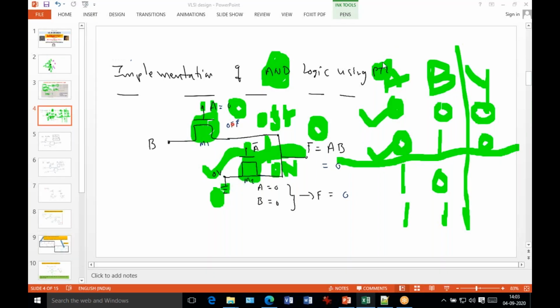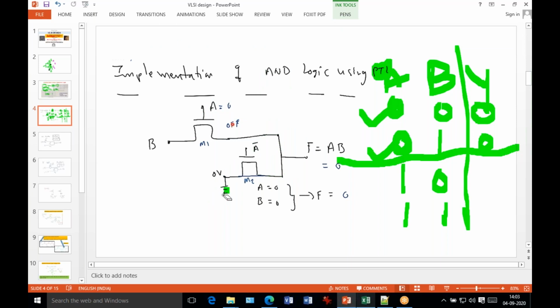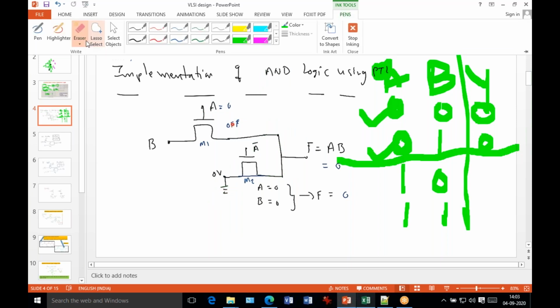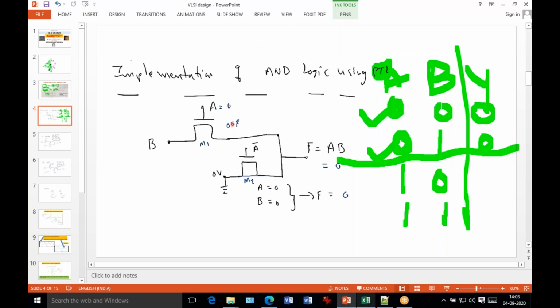Here is one very interesting case. Okay, so now just you observe. This is one case, A input is 0. So now I just change the condition. In one case, my A input is 0, your output is always 0. Your B input may be 0 or 1. It does not depend on B input. If the A input is 0, your output is 0. So now in the second case, if my A input is 1, you observe this condition. If my A input is 1, so this is 1, and here this is A bar, this is 0.